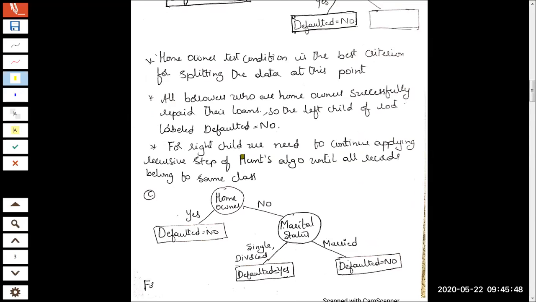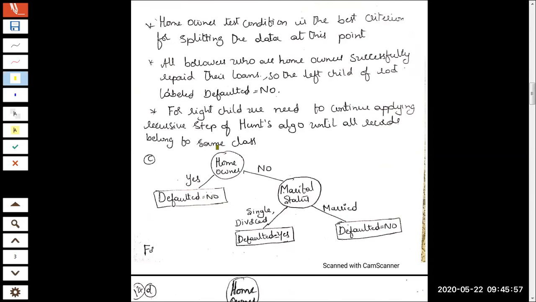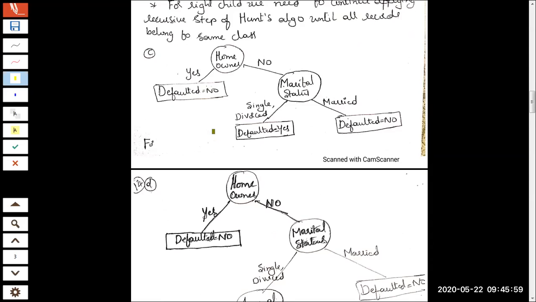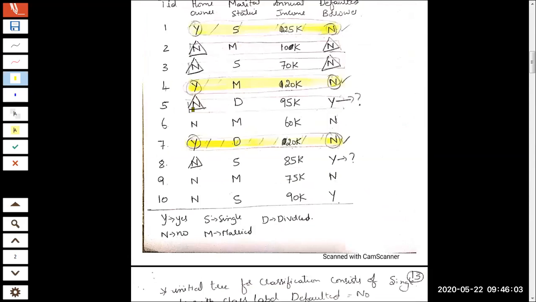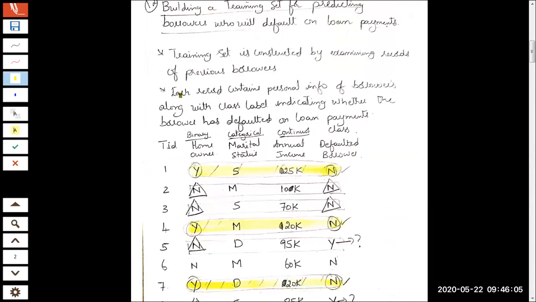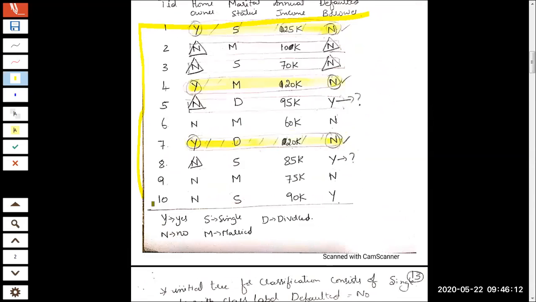Attributes may also be taken into consideration based on the policies of the bank. Maybe the bank has a policy that, for example, you can see in this case, I'll explain. Specific policies of the bank will be reflected here. So this is the training data. These are the records that were already available with the bank in the database. So these were the previous observations that have been made.